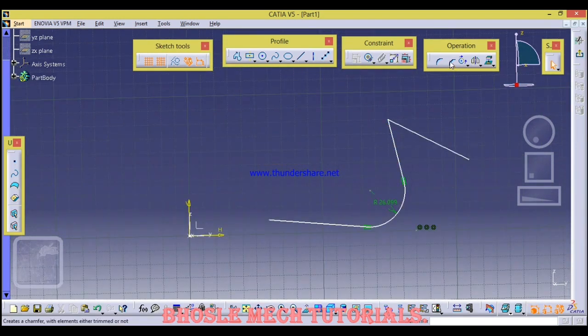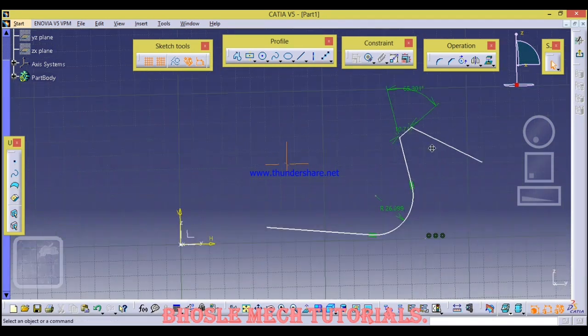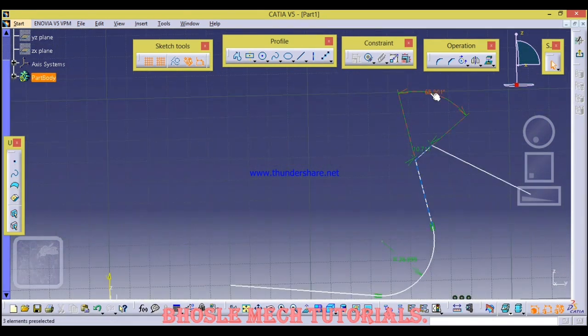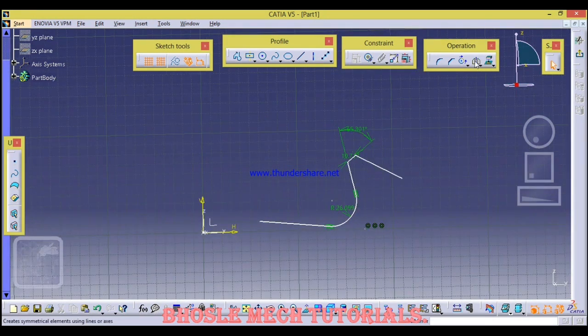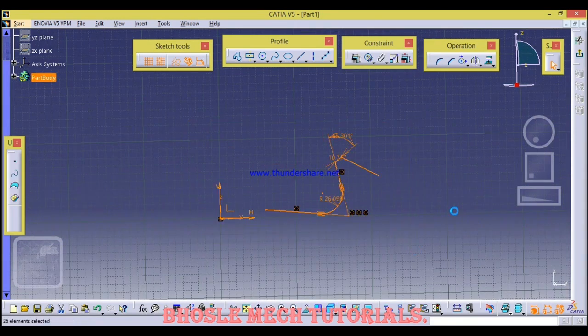If this is chamfering, same, just click on this and that's it. If we want a particular dimension or angle, you have to give a dimension, that's it. And this is the mirror option. Regarding this tool also I have explained in my last video.